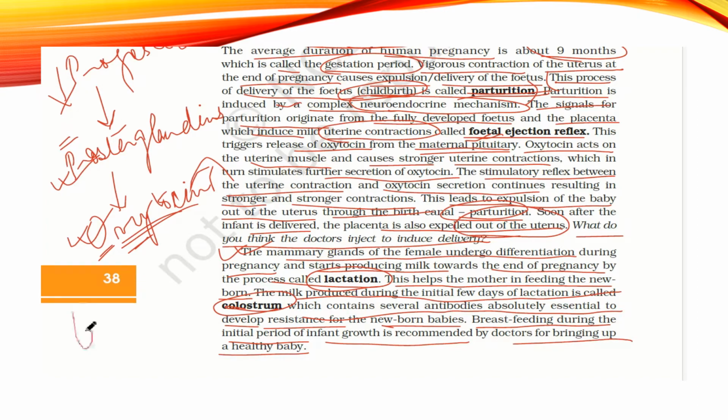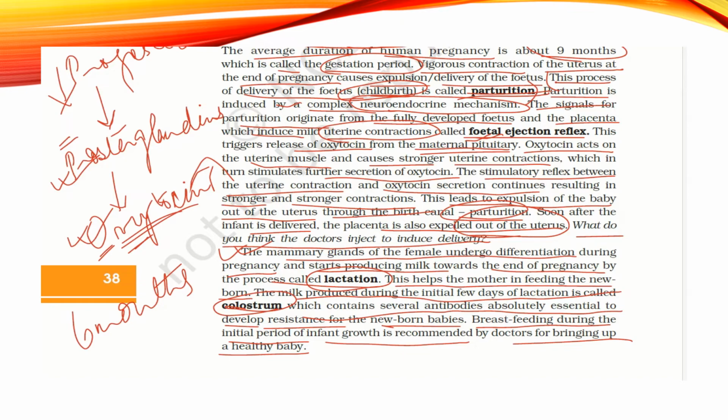So for a minimum of 6 months the babies should be breastfed, and they should not be given outside food or even water. Only breastfeeding is necessary for improving the immunity of the body, because several antibodies are present in this colostrum, or the milk which is present in the first few days of lactation. And the first 6 months is very important because it will build the immunity in the newborn child or the baby.